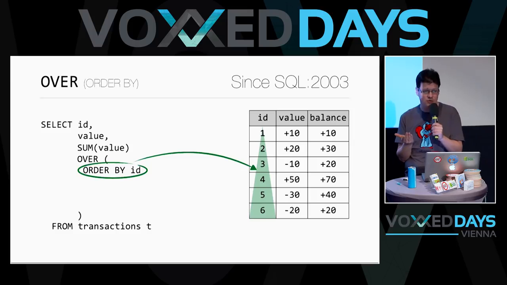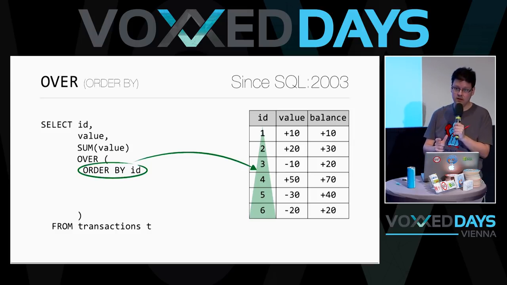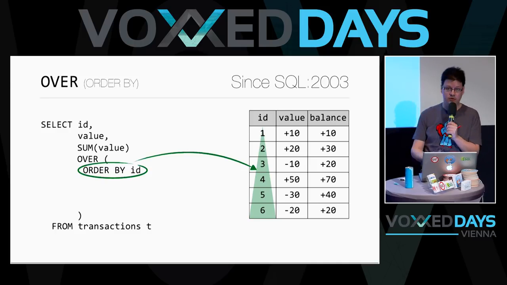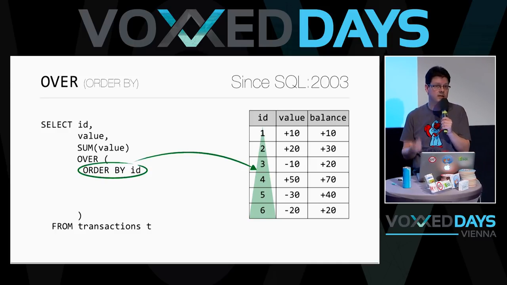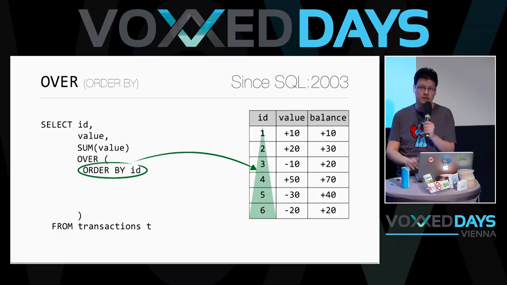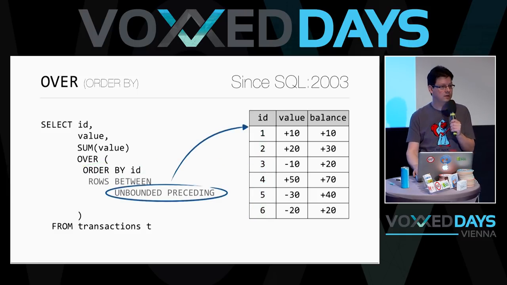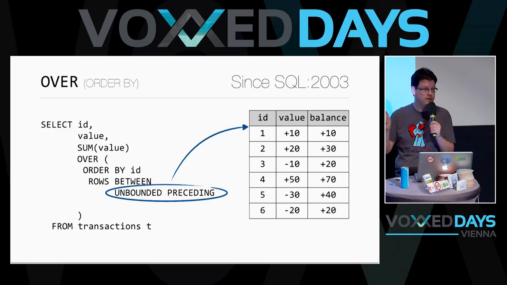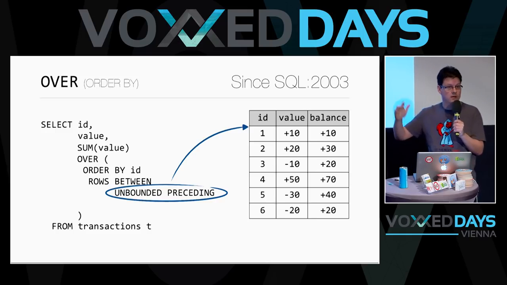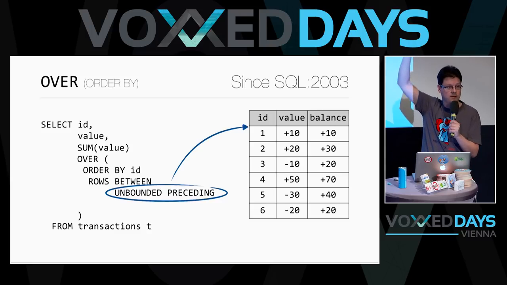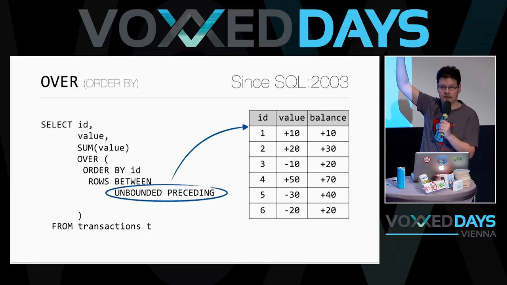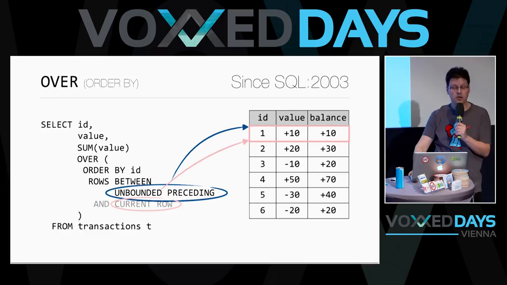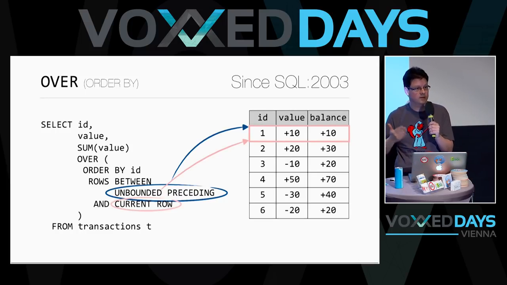Which does not change the result of sum, like 1 plus 2 is still the same as 2 plus 1. But we specify an order for the sole purpose to reason to the database about which rows we would like to aggregate. Because now, once specified an order, I can say, hey, I would like to make a so-called frame which reaches from unbounded preceding according to this order by clause